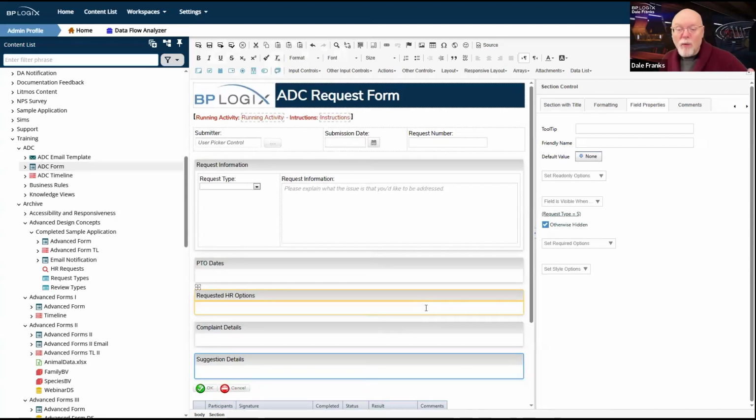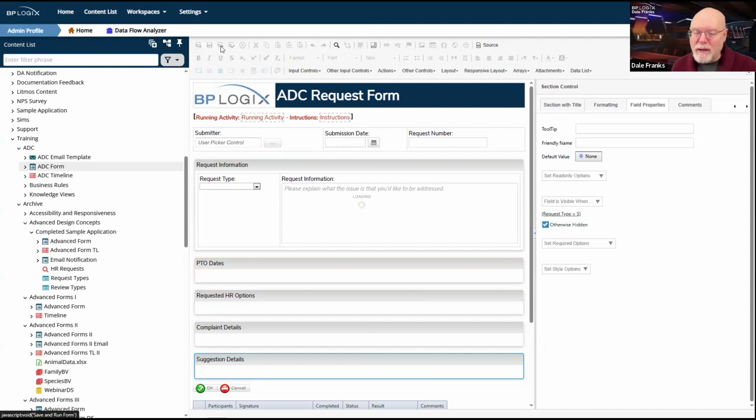All right. Well, I want to test this now because I want to be sure that my form is working as expected. So I'm just going to hit update and, well, I meant to hit update and test, but it looks like I hit update and run based on my mouse position. No matter. We just want to see that my request type dropdown works properly.